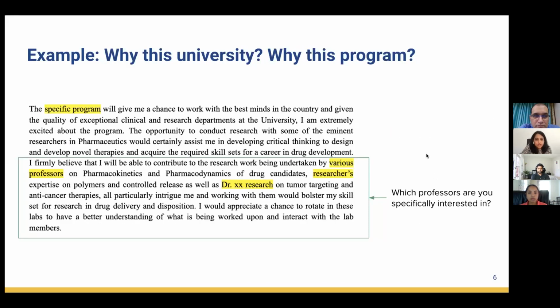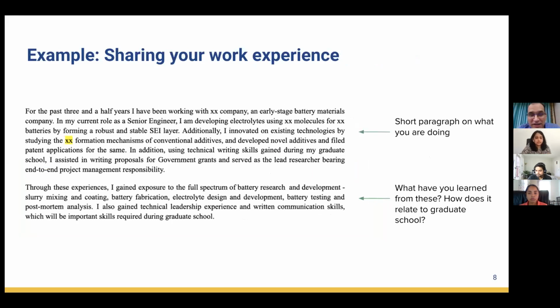Oh, sorry. There was one more example here, but I would add it in the slides before we send them out as a readout. Let's go back to